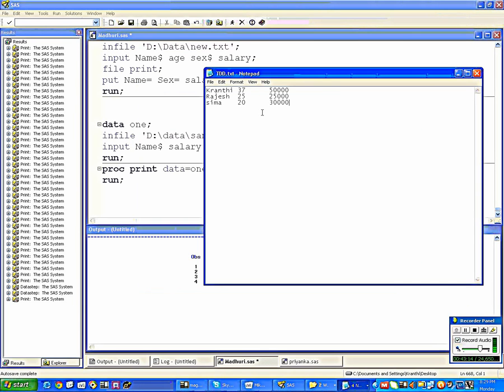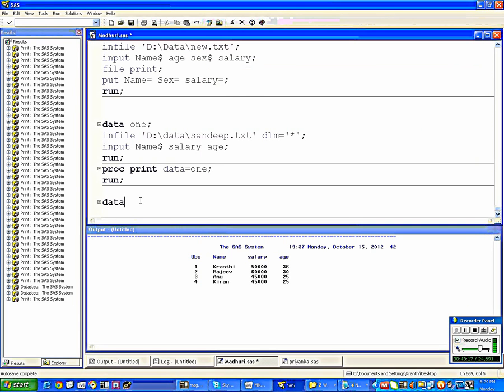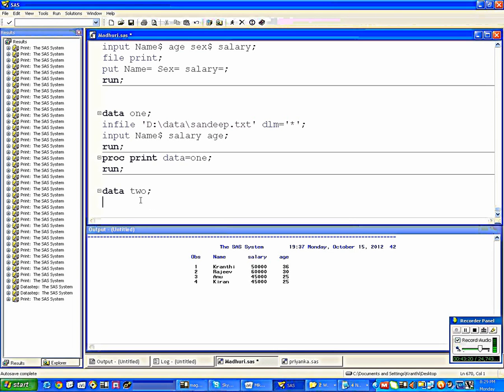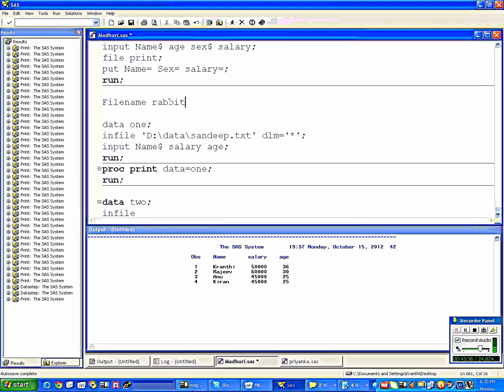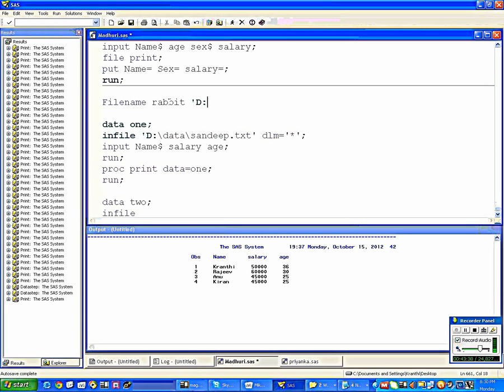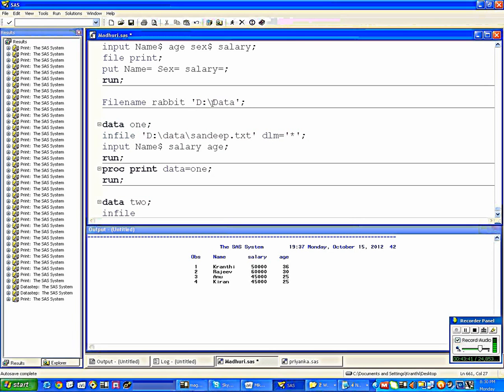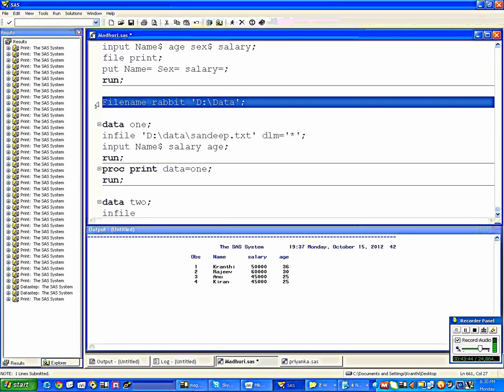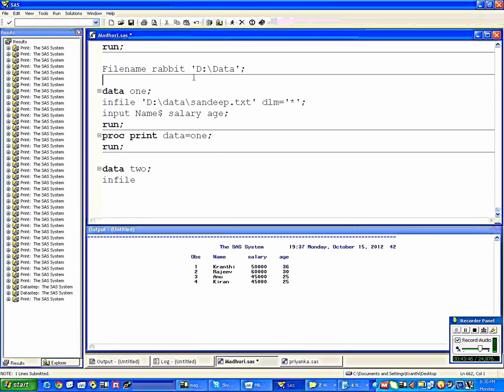Then I want to read the data from this column. Where is the file located? Okay, let me check it. Data. Let us make it as string 2. Where is the file located? In file. It is located in the same location, right? So that is the reason. Better to give like this: filename. Give some name to that location. Okay, some rabbit. Then data. Means to this location I am giving a name called rabbit. Okay, that's it. Then instead of using this data, here use rabbit.